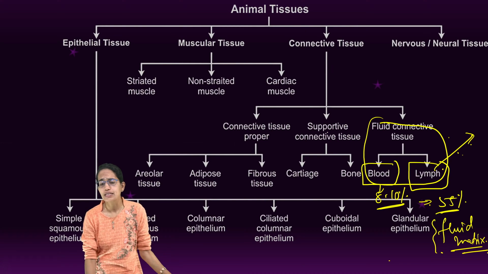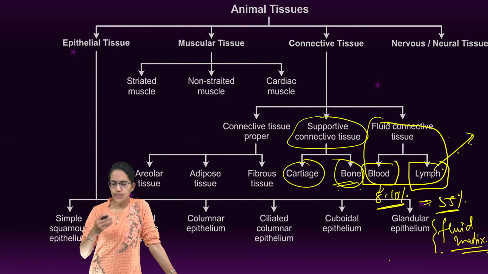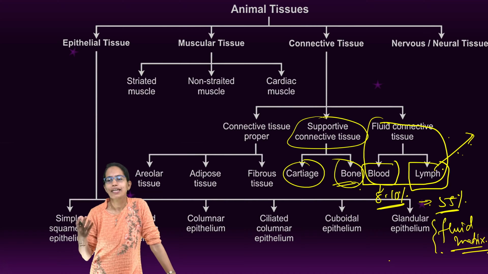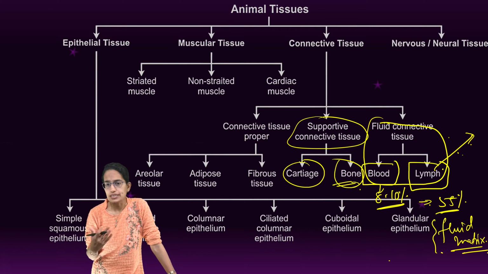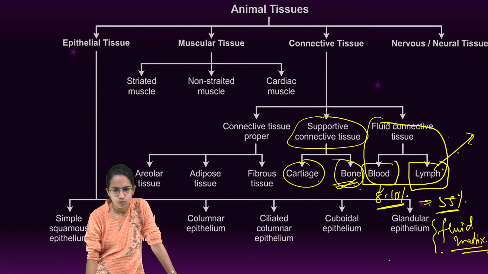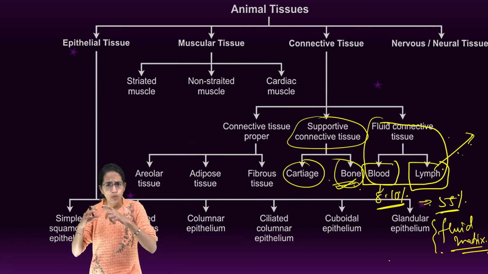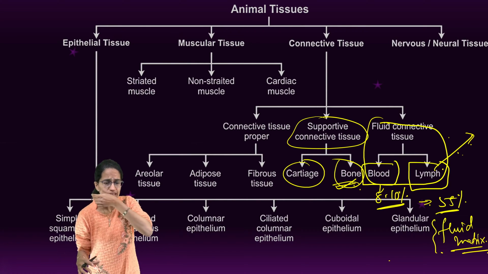The next is the supportive tissue. Under supportive tissue, we have bones and cartilage. Now, bone is the bony structure which is mainly made up of phosphate and calcium. Within the bone lies the marrow cavity, where the bone marrow is, and that is where the production of blood cells takes place. So, bone marrow is the cavity where production of the blood cells takes place. Usually, most importantly, in the long bones, there is a bone cavity which is seen.